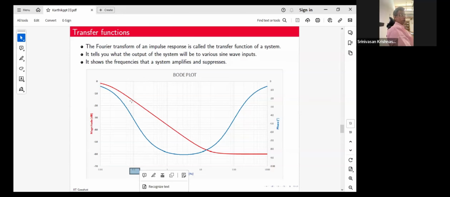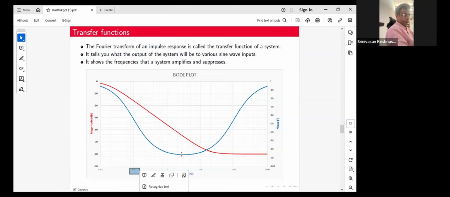Now, what happens in an impulse? All frequencies have zero phase. Therefore, they appear at the same time at the output. But once your impulse passes through this system, it is going to bring about greater delays in some of the higher frequency components. So as your frequency increases, your phase delay increases. Therefore, your higher frequency components are going to appear later in your output,